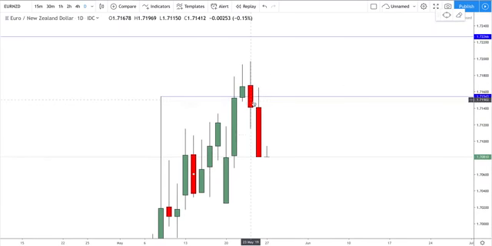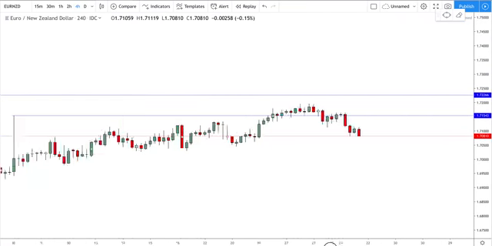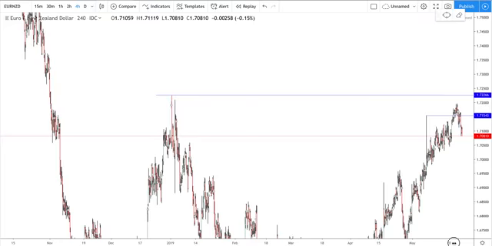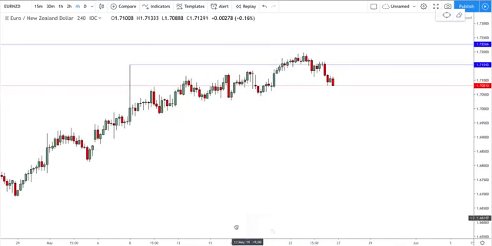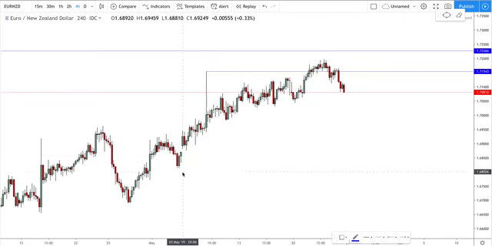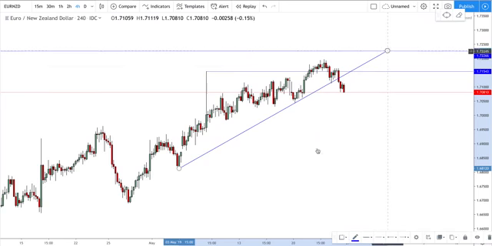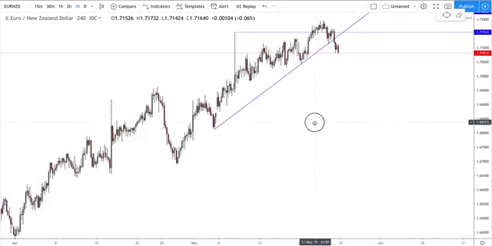This third candlestick was a bearish engulfing on the previous day. So a good sign that the bears are taking over and we're going to have some down movement. And then we had this nice big bearish day on Friday. Now, if I drop down to the 4-hour chart, I'll show you what I'm looking at on this pair. I do think we're coming lower. Sort of broken out of this support level, this support trend here.